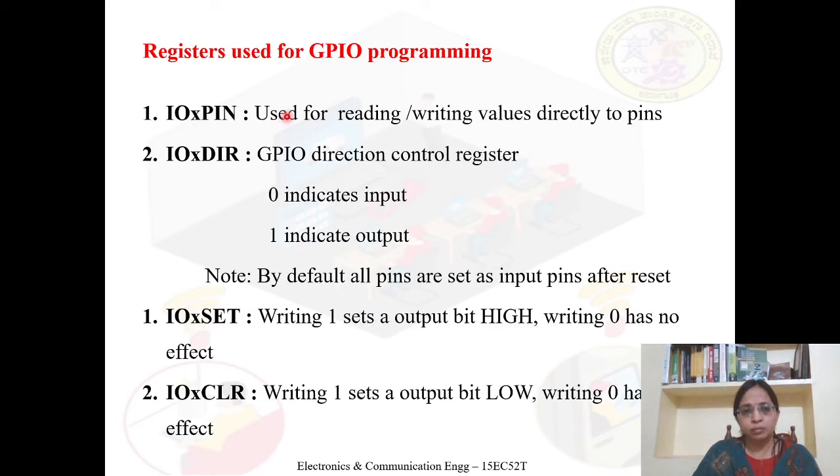And if we want to write the program, then we have to use the registers that are associated with the GPIO. And you have studied in the last sessions that there are totally 4 registers associated with the GPIO. What are those 4 registers? The first one is the pin register. The second one is the DIR register or direction register. The third one is the set register, and the fourth one is the clear register. And all these 4 registers are separate for port 0 as well as for port 1. So here X is written. This X is used to differentiate the registers of port 0 and port 1.